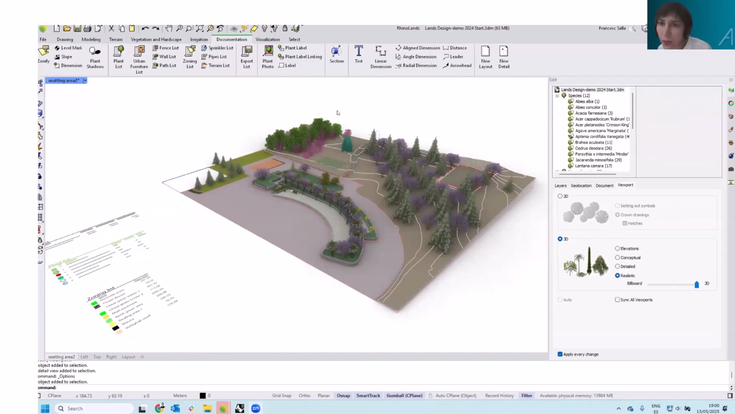There's another question about how we can change the language. Yeah, you can change the language from the options, from this icon here, and you can just change the